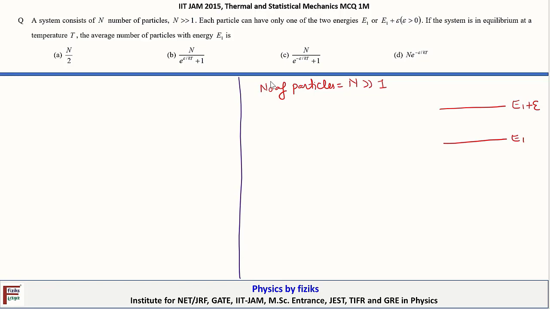So let's try to write the partition function for this system for one single particle. That is Z, which is equal to the summation of Gi exponential minus beta Ei, where i runs from 1 to 2, because here we have only two energy levels. As it's not mentioned what the degeneracy of these levels is, we can take it to be equal to unity. So we can consider these energy levels to be non-degenerate. So the partition function will be G1, which is 1, and then exponential minus beta for the ground state energy, which is E1, plus